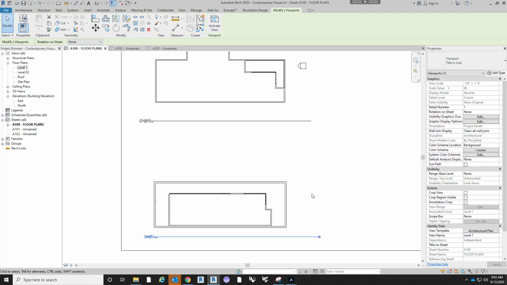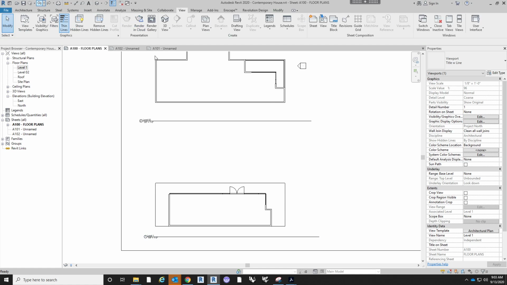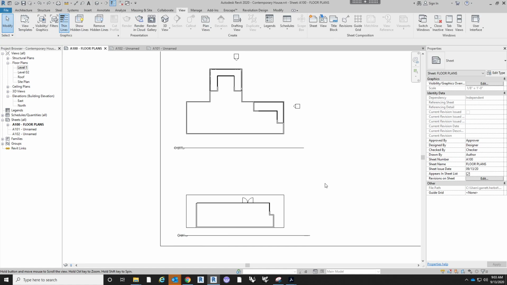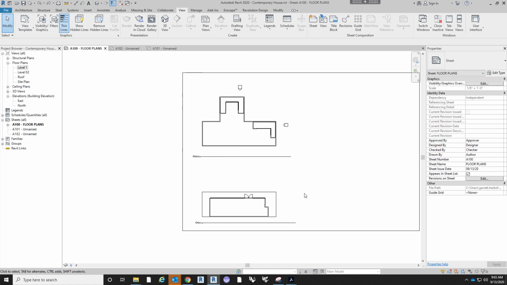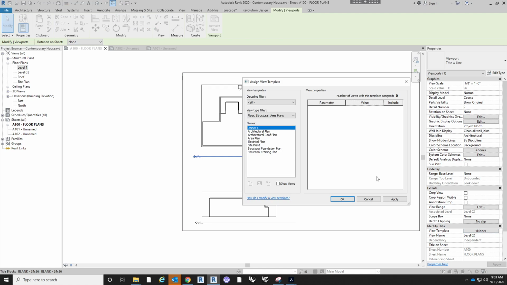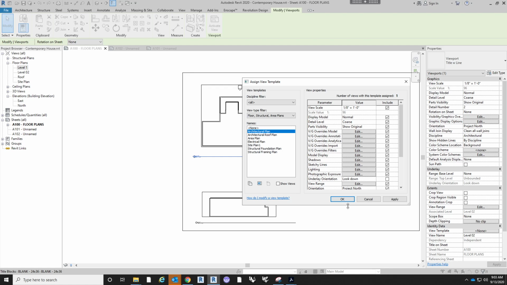Now I'll turn off doors. Now, really quickly, we want to actually show the doors, so let's just undo or Control Z. All right, and we have that done. All right, so we have it set here as architectural plan. If we go in and set the architectural plan for the second floor and hit OK,